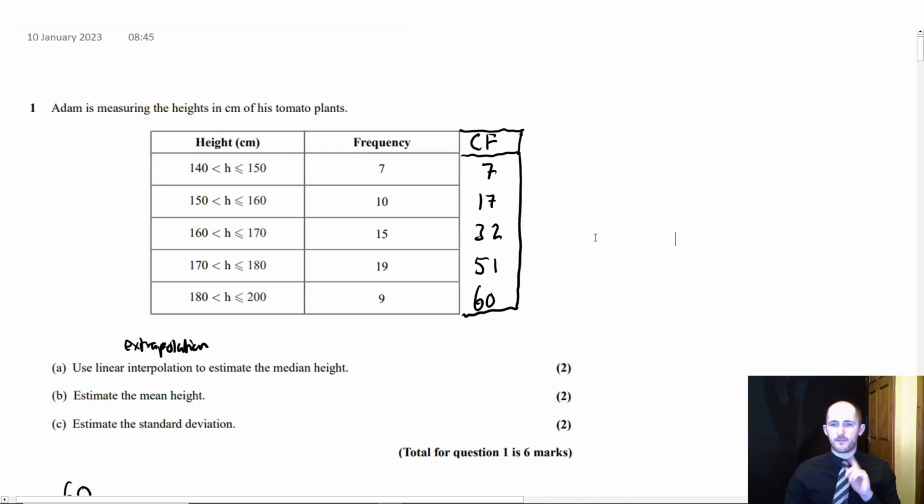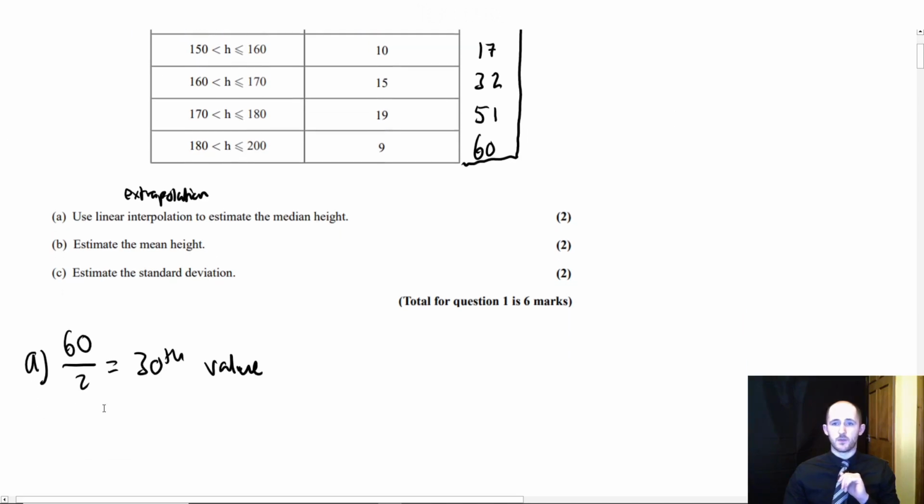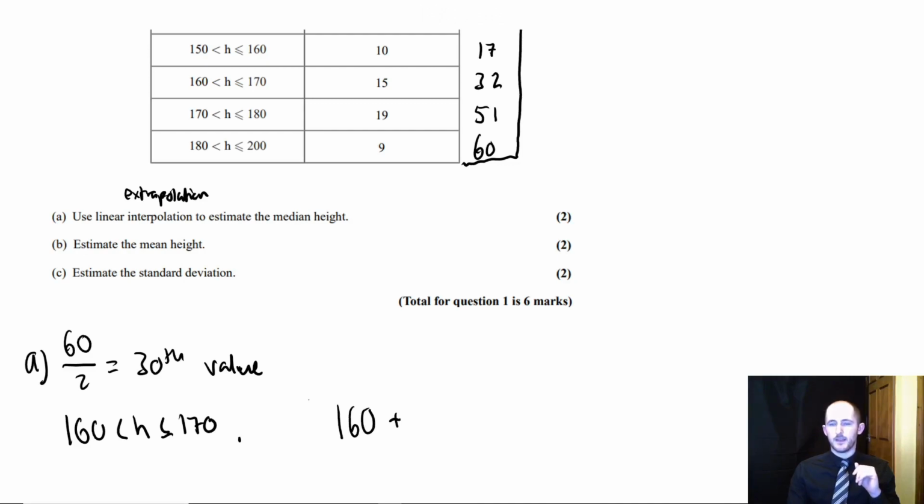And the way we do that is, first things first, you want to identify which class the median would be in, which is 160 to 170. So it's in the class 160, 170. Okay. And now here's where we're going to start. So we start off with 160 centimeters for our median. Okay. So all you do is you write the lower class boundary. So lower